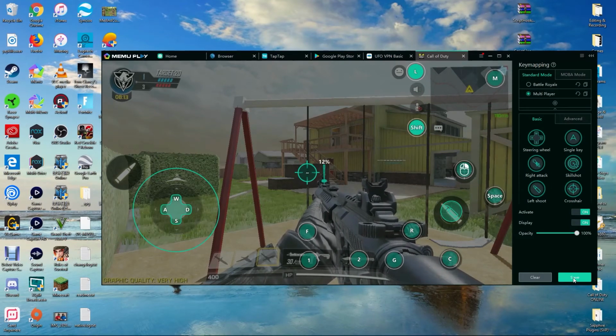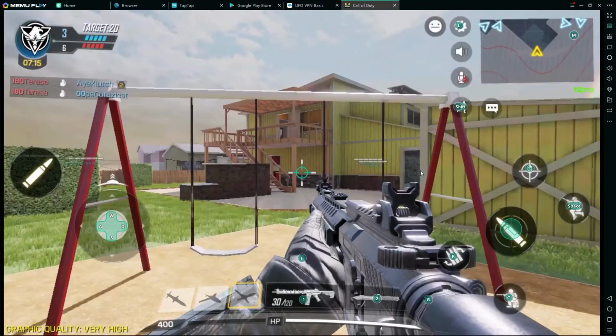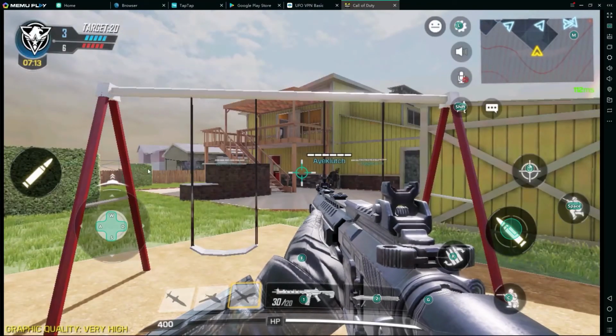And then once you're finished, you can either choose if you want to see the overlaying buttons, or if you want to have an uninterrupted view, you can just put it down to 0, okay? I'm going to put it at 100% because I'm still not 100% familiar with it yet, and that's what I would recommend you guys doing first off. So click the save button, and at this point in time,